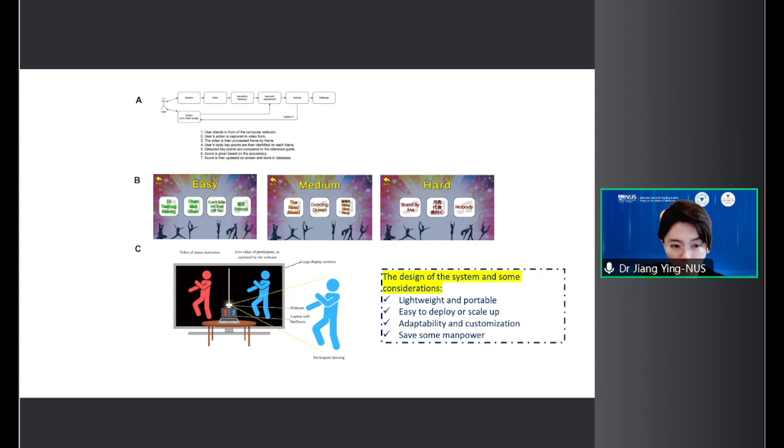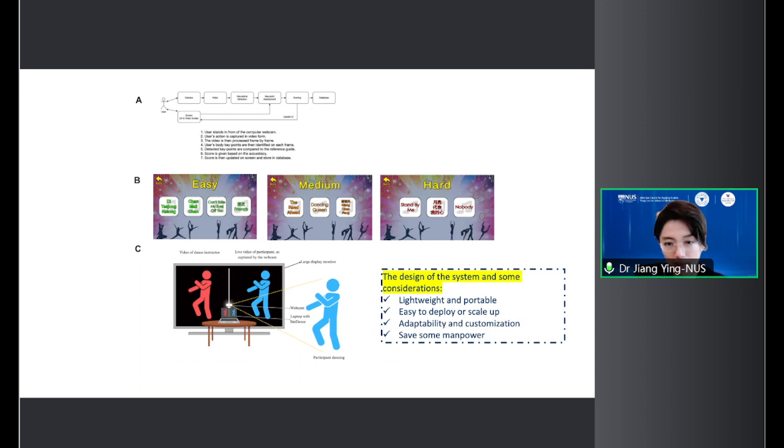It needs to be very lightweight. It needs to be portable. And we also think about it being easy to install. So later on, it's easier to deploy and scale up. And the content can be adaptable and customized to different populations. So maybe in this community center, people are more frail and older, while in another community, maybe they are more active. So the content is easy to change to suit different needs of the community